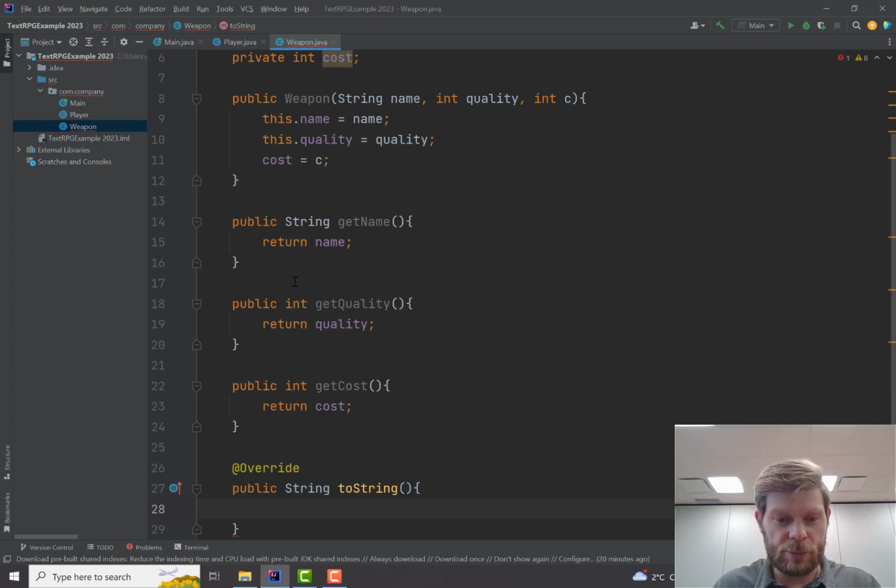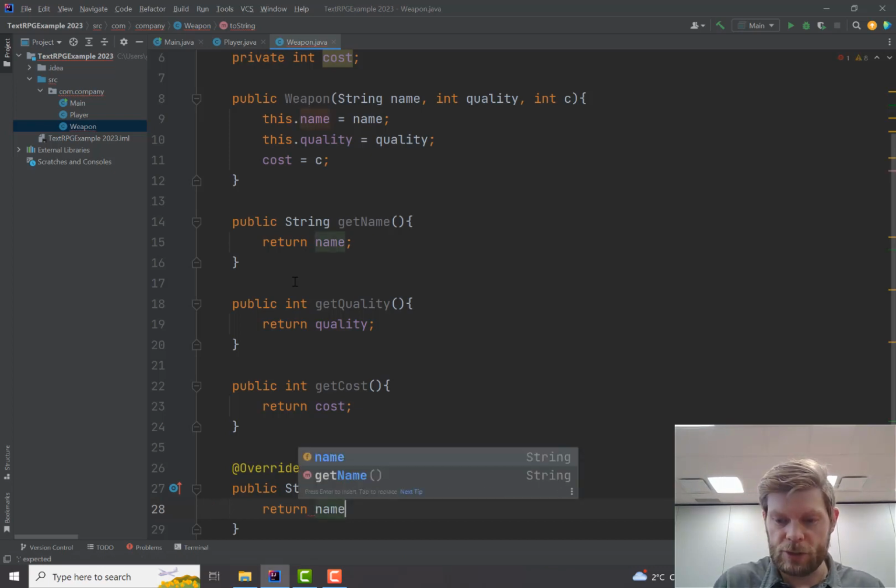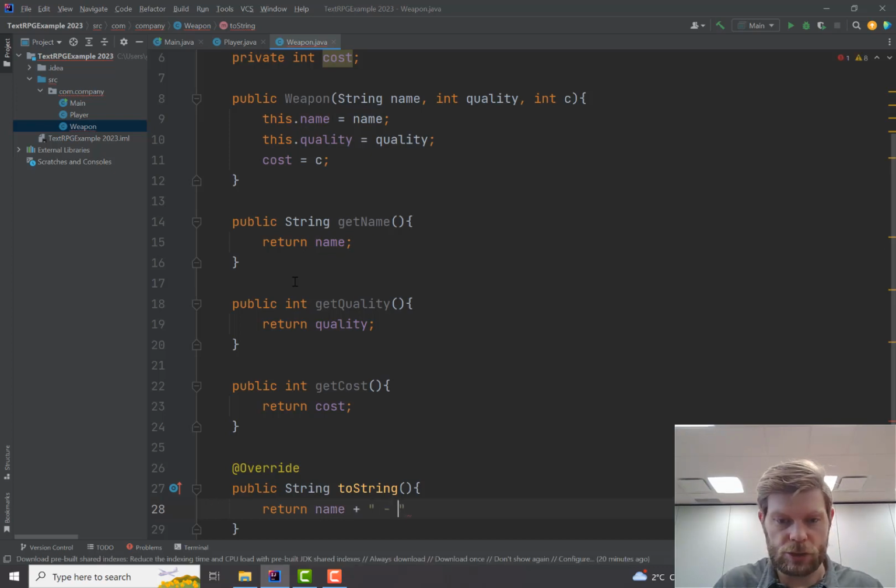So in this case, I'm just going to return a String that says the name of the weapon, plus a dash, and then it says damage or something like that, and then its quality modifier, and then maybe it'll say comma this time just to mix it up. And then cost is